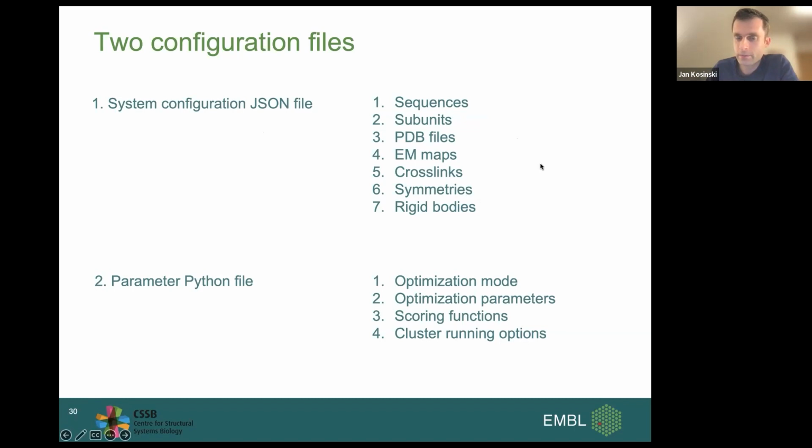You can also define symmetries and rigid bodies. And the second file is a Python file with parameters that define what type of optimization should be done, what scaling functions should be used for your run, and some options to adjust the runs to your cluster.